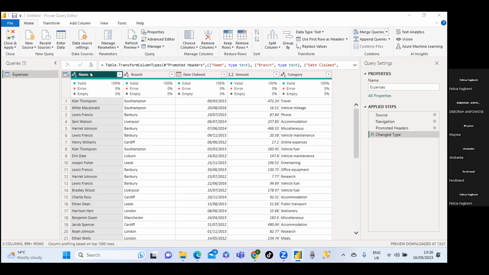So once you look at your data type, starting from your left-hand side, that means, of course, it's based on alphabetical order. So if for instance you want to change your data set, you feel your data type is not what you want